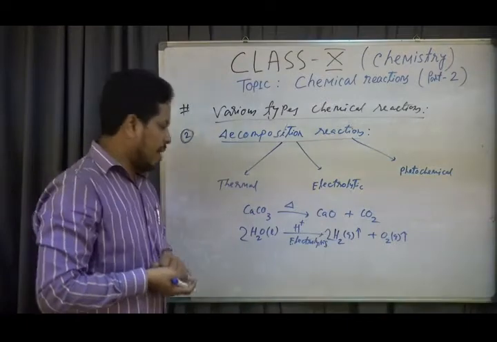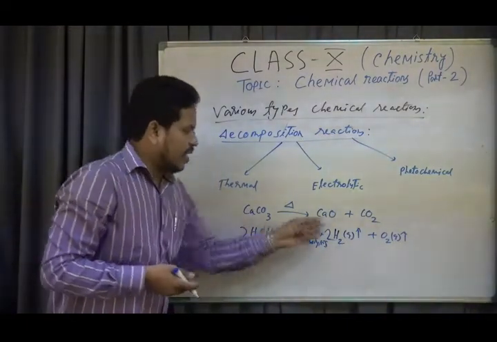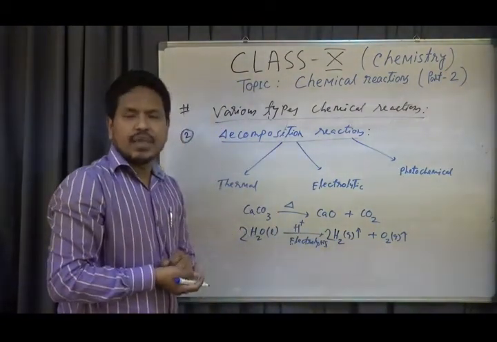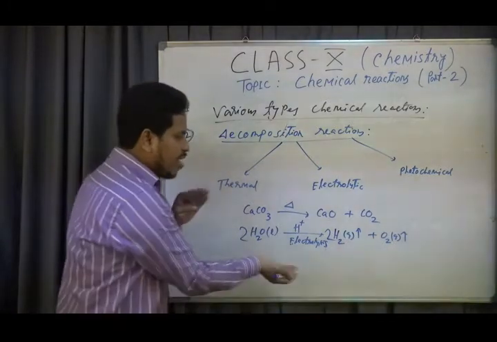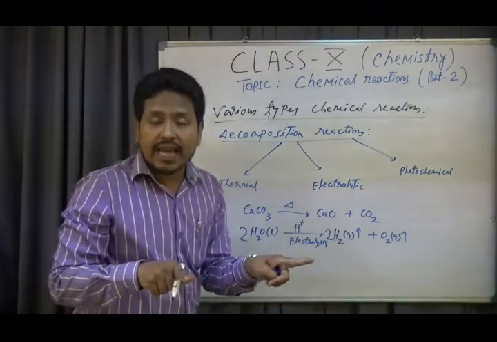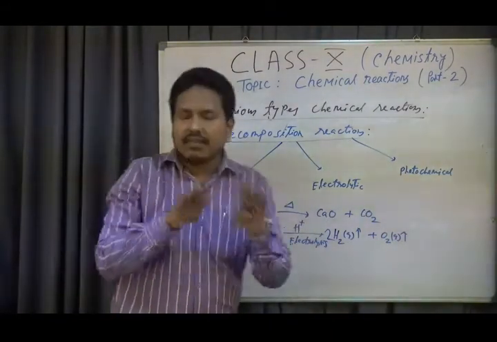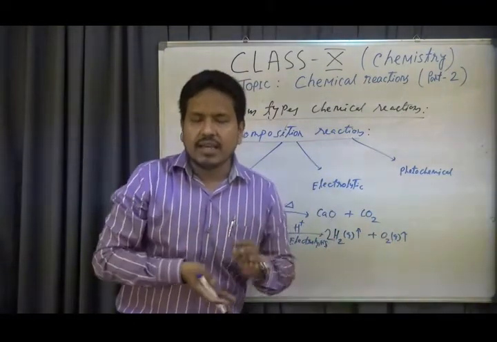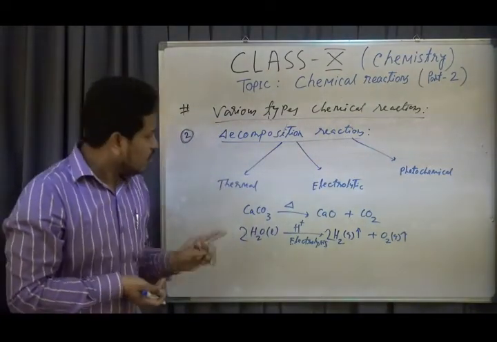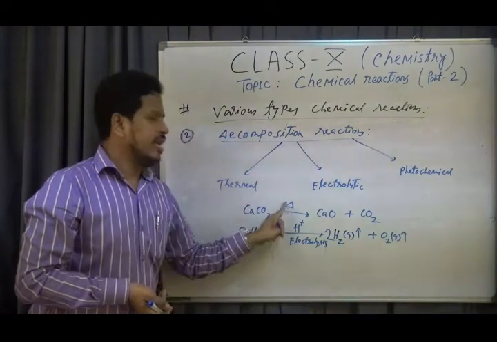This is the hit and trial method already discussed today in the previous class. So I am not discussing how I am balancing the equation. Already I have discussed in previous class. Hit and trial method. Just by counting the atoms on the left and right hand side, putting coefficient without changing the formula of the molecules, reactants or product, just by putting coefficient, counting it both sides, we can balance the number of atoms on both sides. That is the hit and trial method of balancing a chemical equation, my dear students. So this is electrolytic decomposition, second type. And this is thermal decomposition, thermally done, heating done.